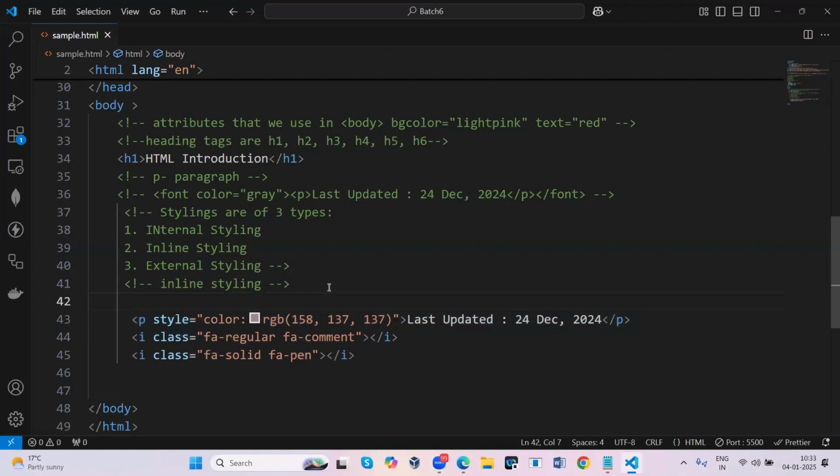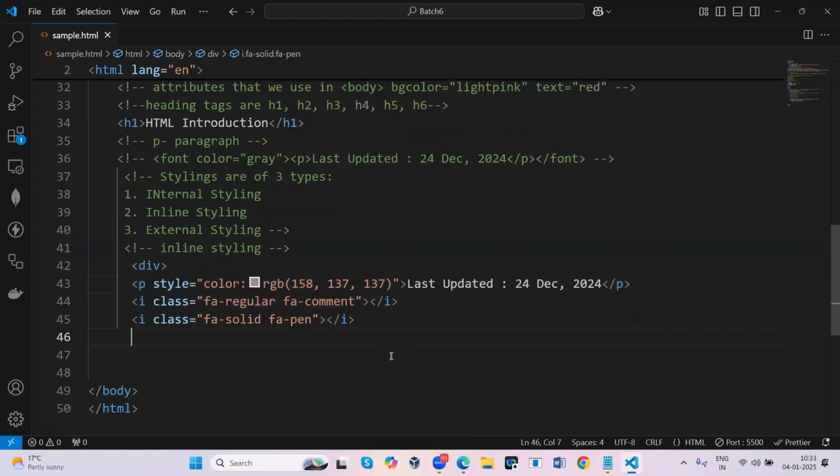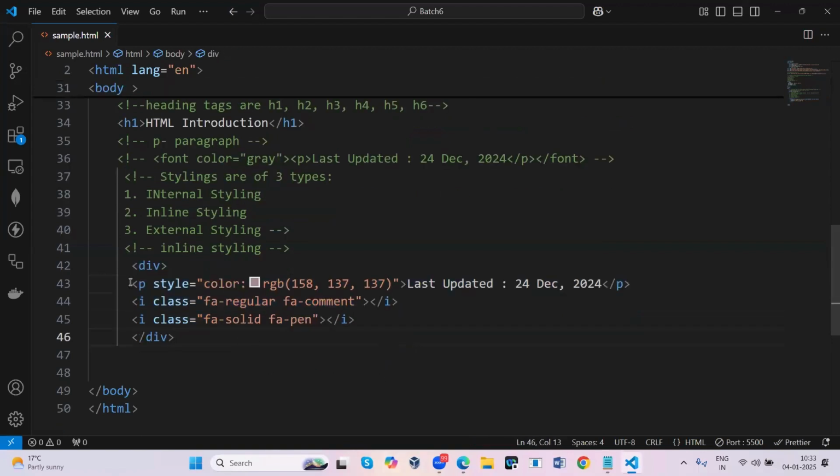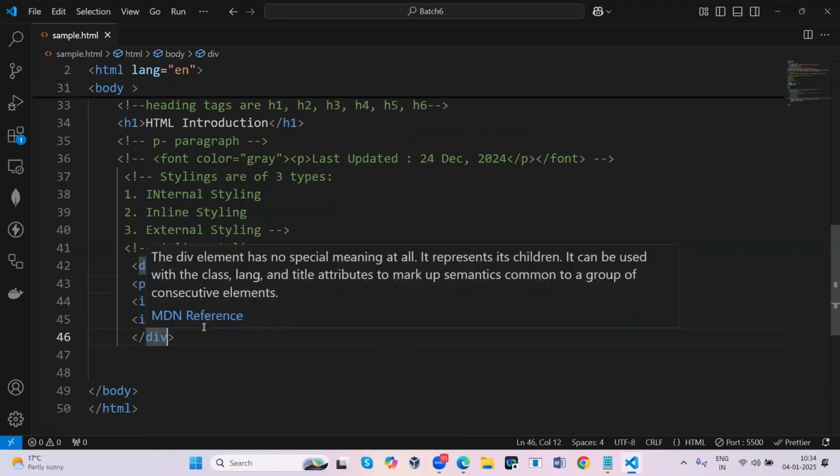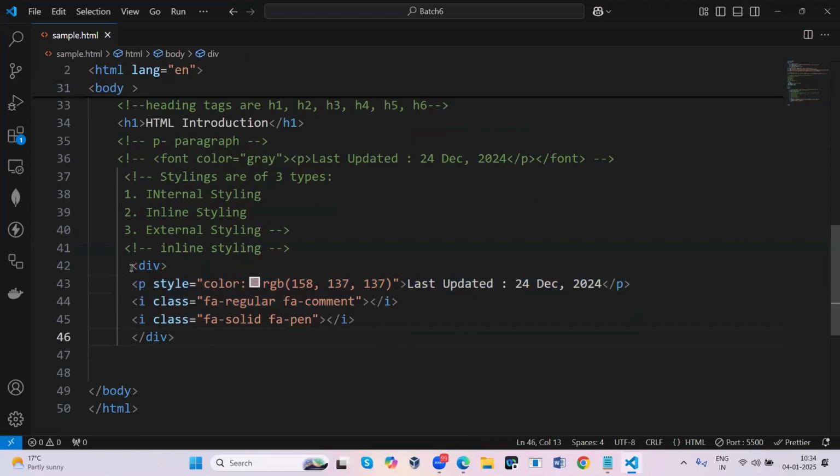Whenever you want to keep things in one section, there is a tag called the div tag. So keep it inside a div tag. Okay. So now what I should do? I need to apply styles for this. Now in our document, as of now, there is only a single tag. Correct?